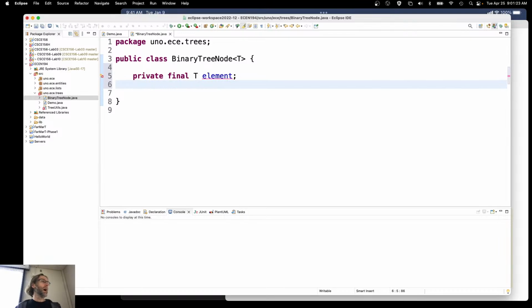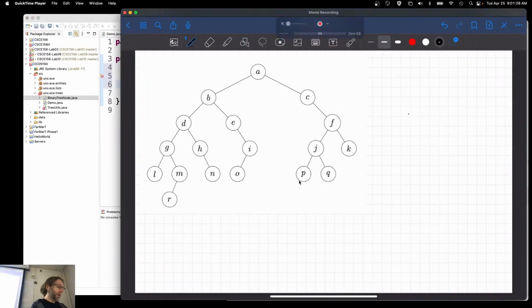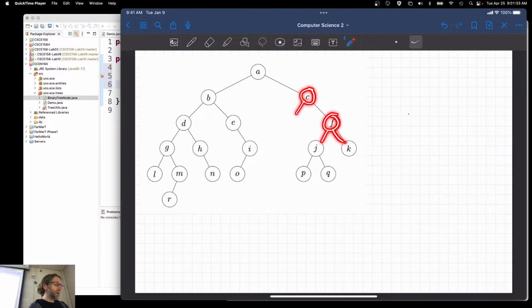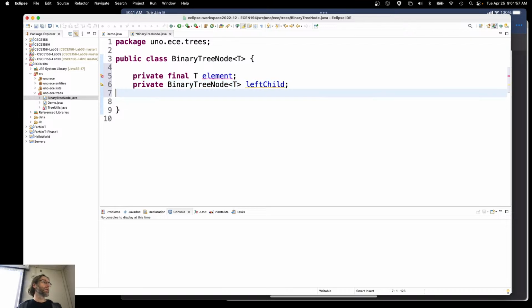Okay. And then, of course, we're going to need references. And if we've got a tree, then each node here is going to have a reference to possibly its left child or right child. If it doesn't have a reference to it, in other words, it's going to be null. Right? And so we're going to want a left child and a right child here, which is private. I won't make this final because I do want to set them later on. We want to maybe reconfigure the tree somehow. But otherwise, this is going to be a binary tree node of the same type, and we've got a left child. Right? And then we've got a binary tree node of, again, the same type, and we've got a right